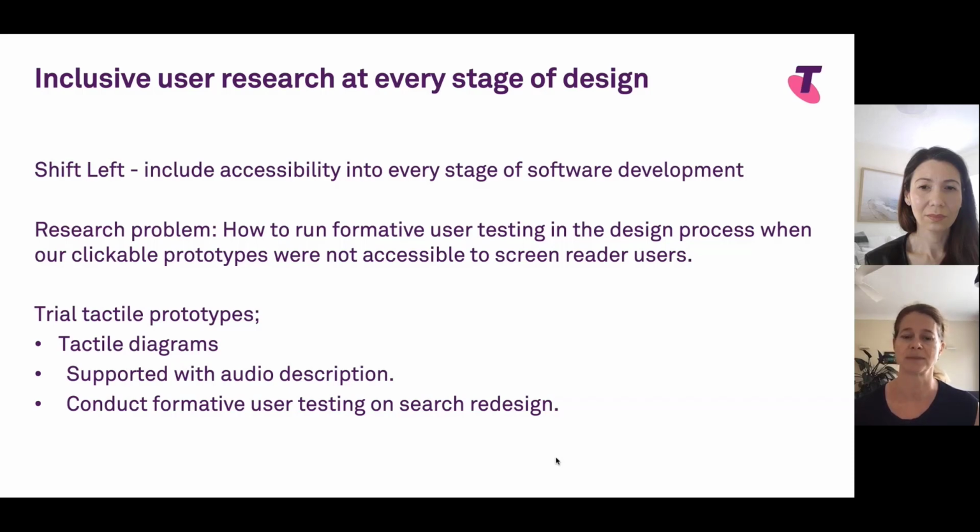The clickable prototypes are quite simple, effectively a series of images of screens with hotspots linking them. And while they may look like a web or an app screen, there's no underlying code, so they're not accessible to screen readers. We wanted to find alternatives that we could use instead of these clickable prototypes, so that we could get feedback on our designs from people who are blind.